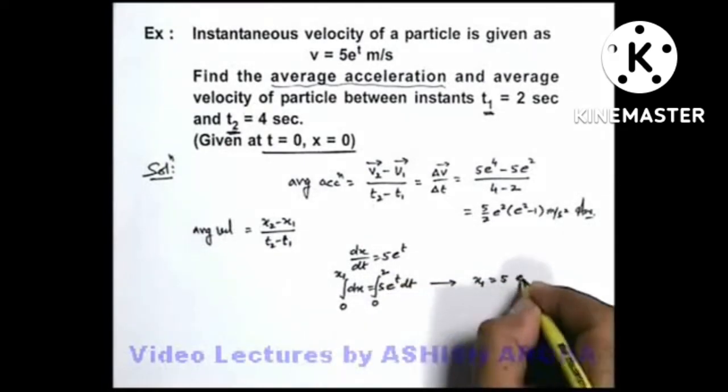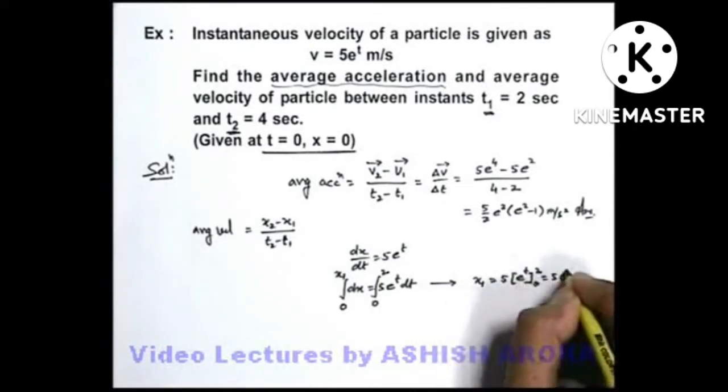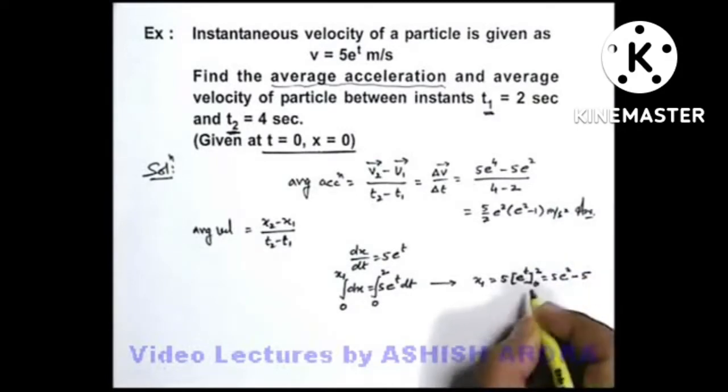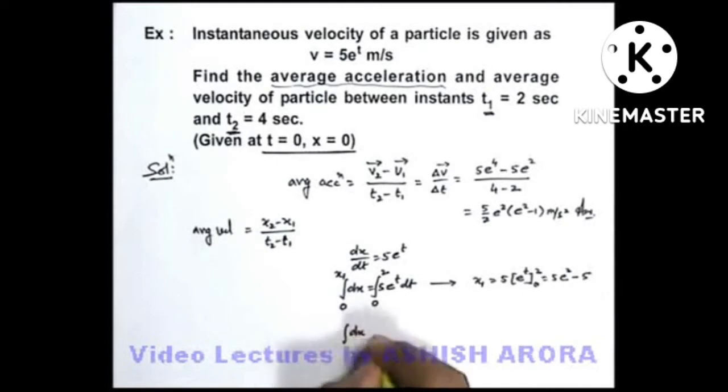Integration of e to power t will be e to power t. This will be integrated from 0 to 2. So this can be given as 5 e square minus 5, because e to power 2 minus e to power 0 will be 1. Similarly, we integrate the same expression